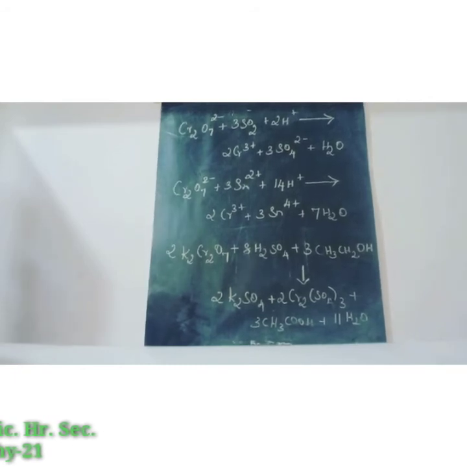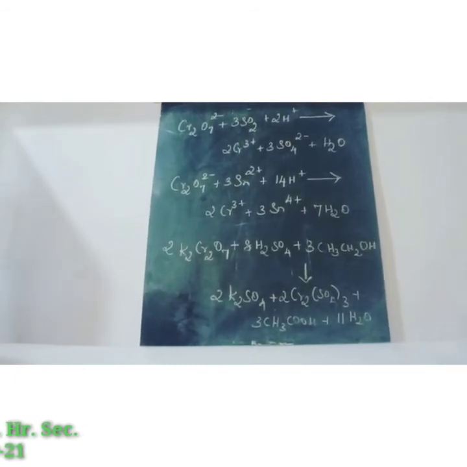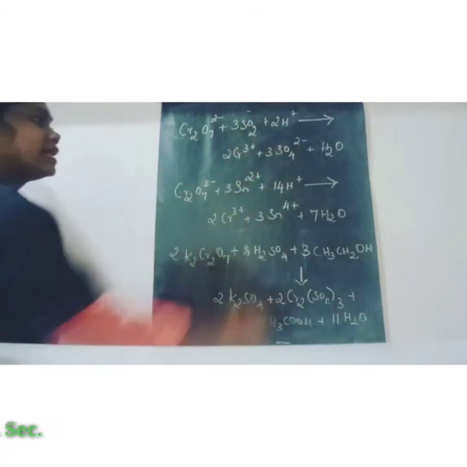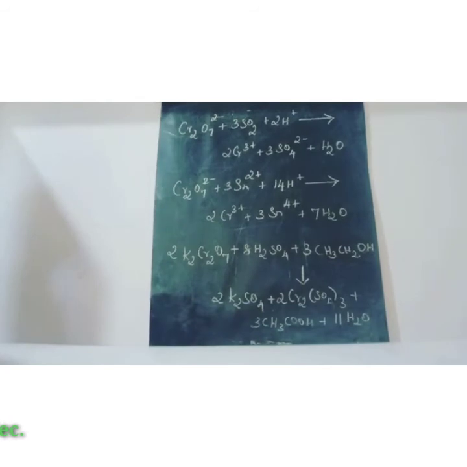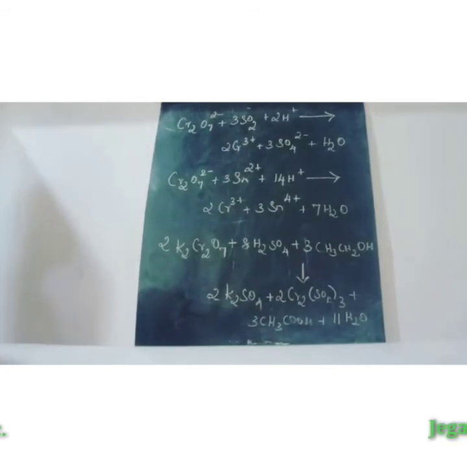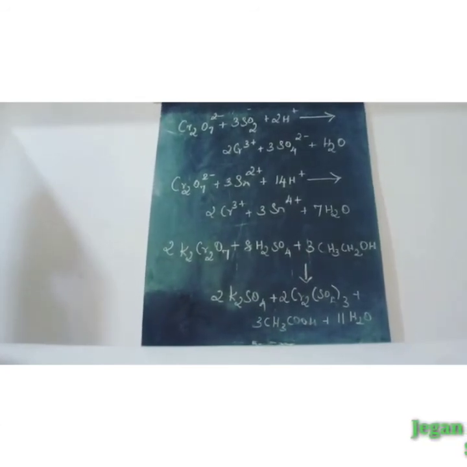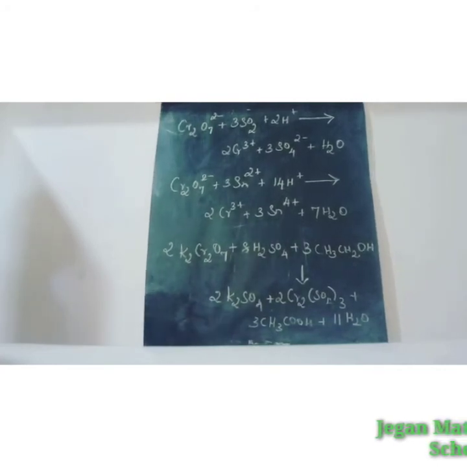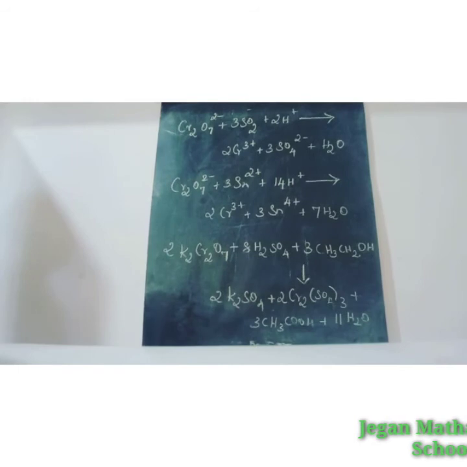It oxidizes sulfur dioxide to sulfate ion. So sulfur dioxide means SO2, sulfate means SO4 2 minus. So potassium dichromate is reacted with sulfur dioxide. In the presence of acidic medium, it is converted into chromium 3 plus, SO4 2 minus, that is sulfate ion,